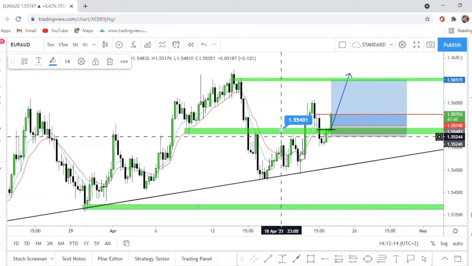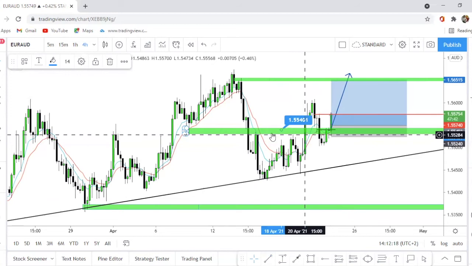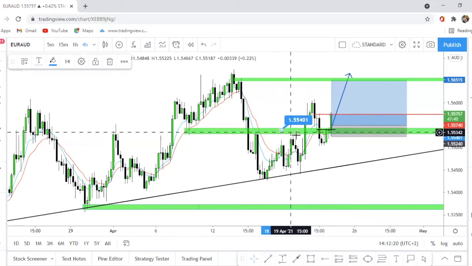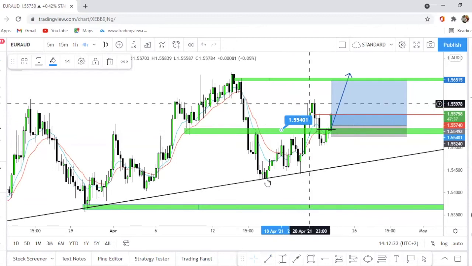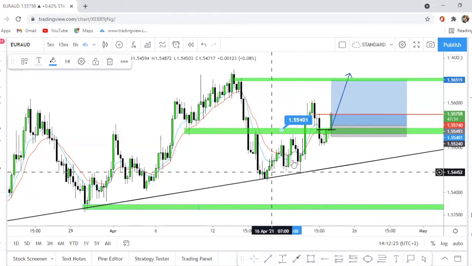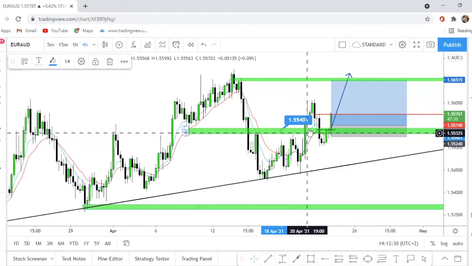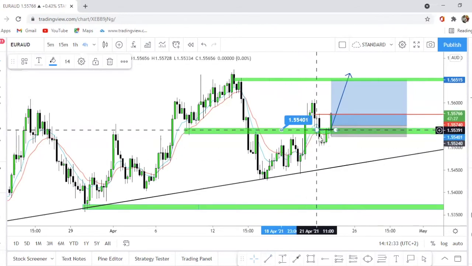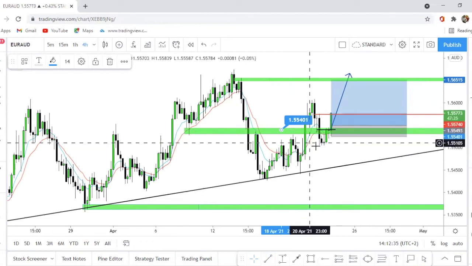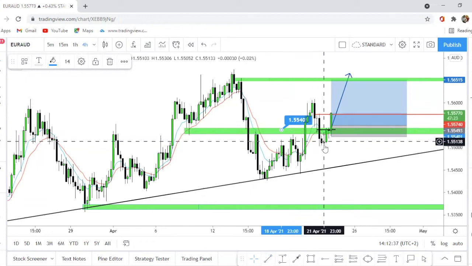Our plan was to take only selling trades under this level here, but this level was broken through. I did identify that price was making higher lows over here and eventually broke this level. Price then came back below this level, but I could identify on my 4-hour time frame that this was just the deep retest level. I used my Fibonacci lines as well, and it gave me a nice little retest area